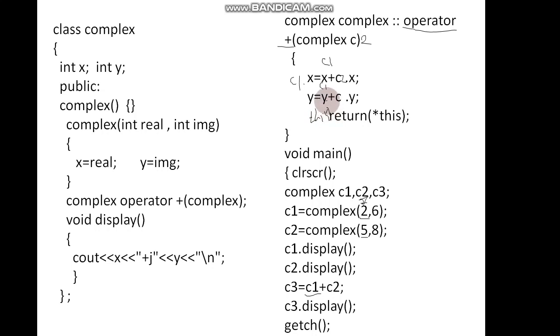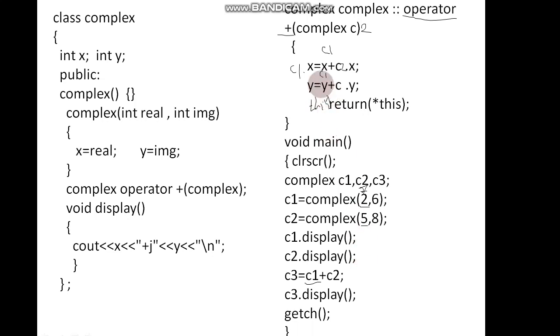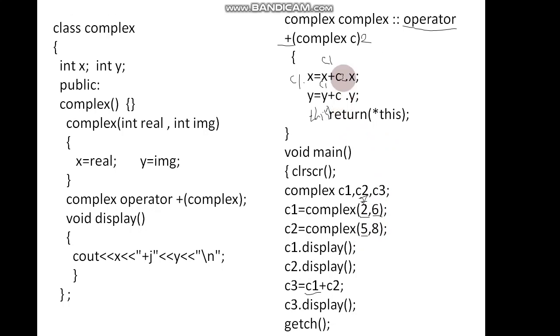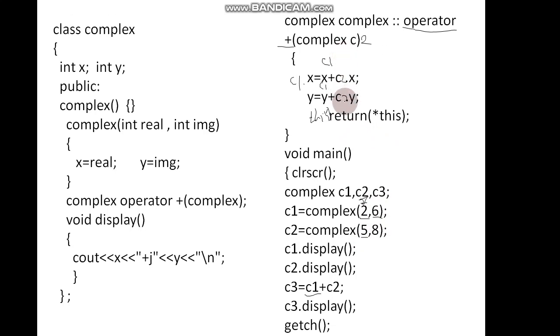So this will give me the value from the invoking object, 6, plus c, which is nothing but the second object, so c2 dot y, which is 8. So 6 plus 8 will be 14, which will be stored in y. So this is nothing but this arrow y.